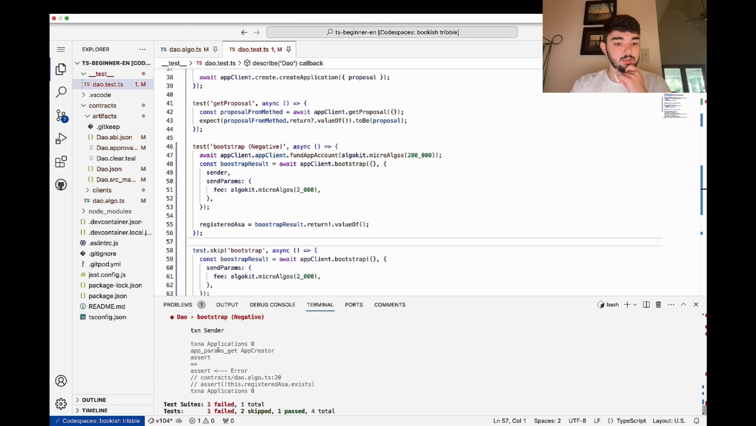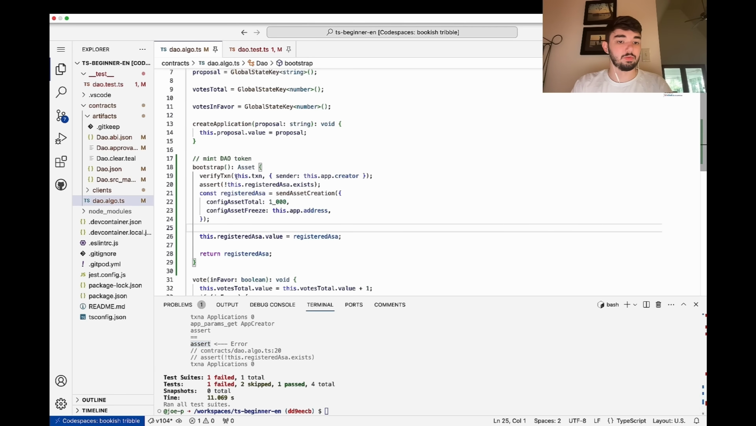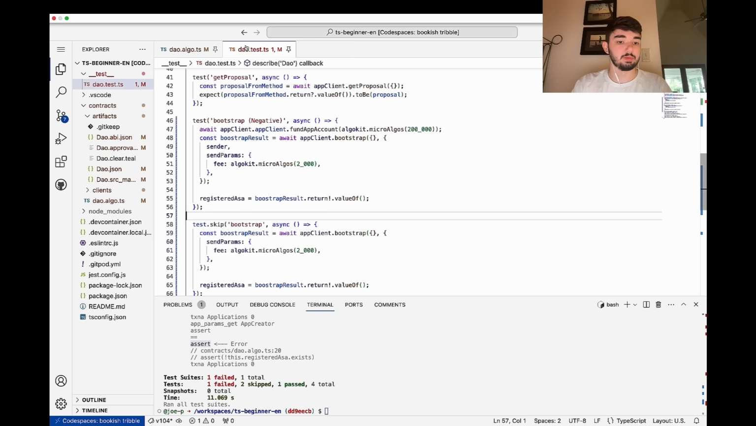Right, and we can see here we're getting the creator of this app. Is it equal to the address that we passed in or the address that we called the application with? And it's not, so it's throwing an error. And that's exactly what this verify transaction function is doing. Okay, so now let me just go ahead and